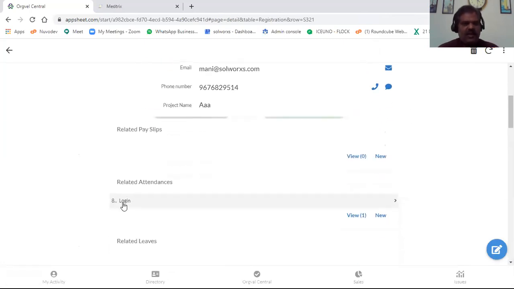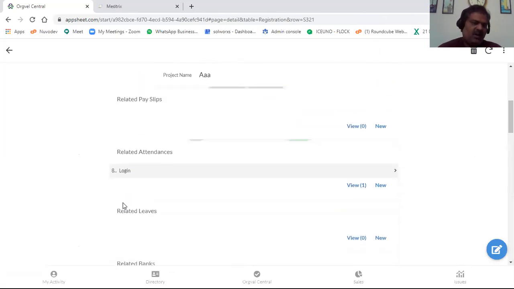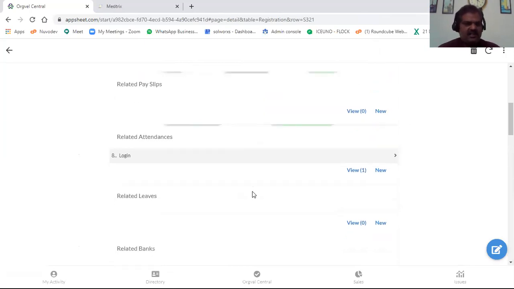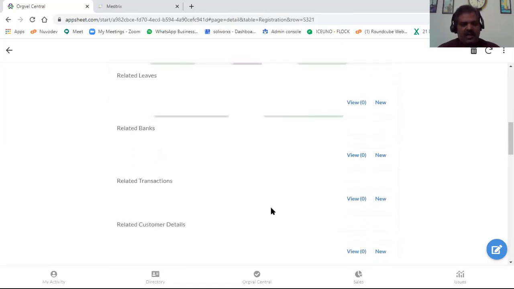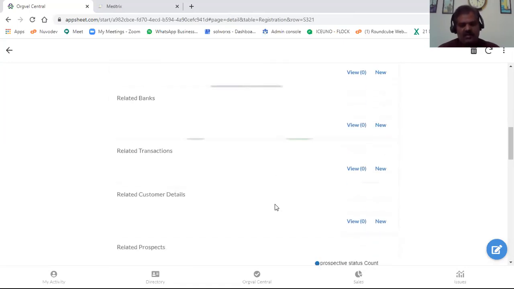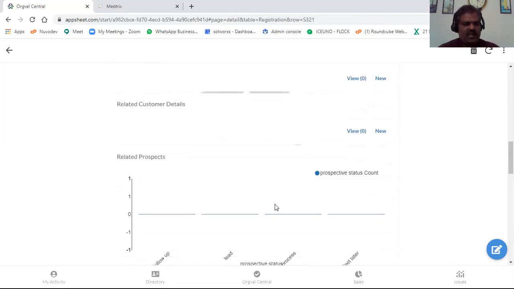So this is a complete history of the team member, like what are the pay slips he has generated. I can check from here and I can take the printout or whatever. And related attendance, what are the leaves I've applied, if there are any banks registered, any transactions I have to get, similarly any customers I'm working with, what are the details.